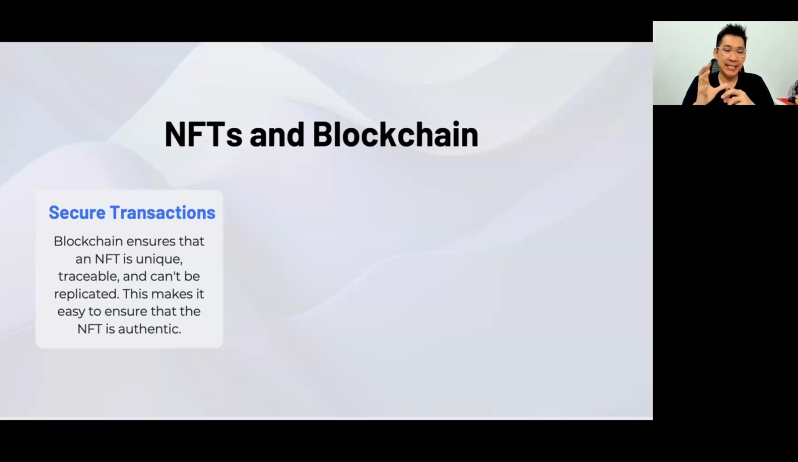This makes it easy to ensure the NFT is authentic. So it is a secure transaction, because blockchain allows you to have secure transactions. Now, blockchain goes beyond NFTs. Blockchain is also in DeFi,